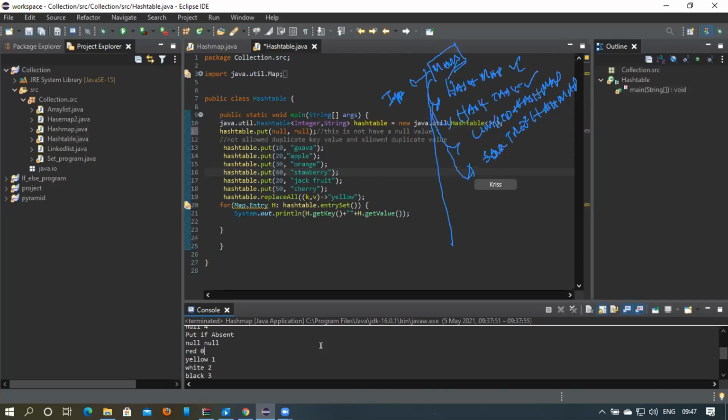Now, what is the difference between a hash map and a hash table, and the differences between the linked list and all the things? Now, the first difference we will talk about is the hash map and then hash table. Okay, and then later on we will come to other things. Now, first of all, coming back to the difference between the hash map and hash table, why we have got this one, first of all, the hash map.